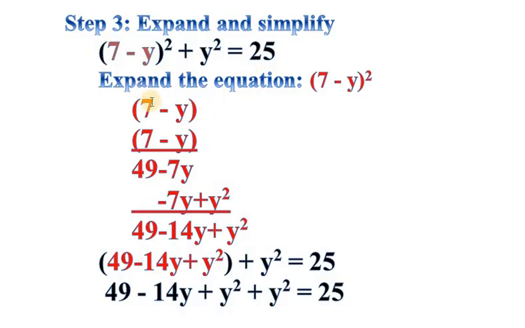7 minus y in the bracket, እዚህ ጋር expand ስናደርገው, raised to 2, 7 minus y in the bracket times 7 minus y in the bracket will be 49 minus 14y plus y raised to 2 ይመጣል ማለት ነው። How? 7 times 7 is 49, 7 times minus y is minus 7y, minus y times 7 is minus 7y, minus y times minus y is plus y raised to 2. Then